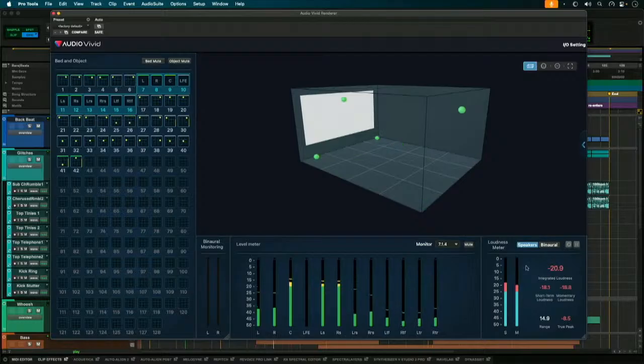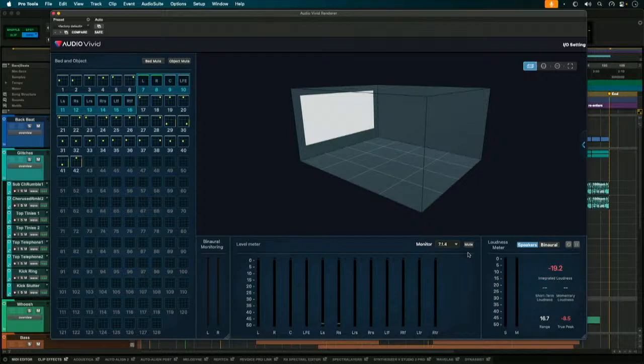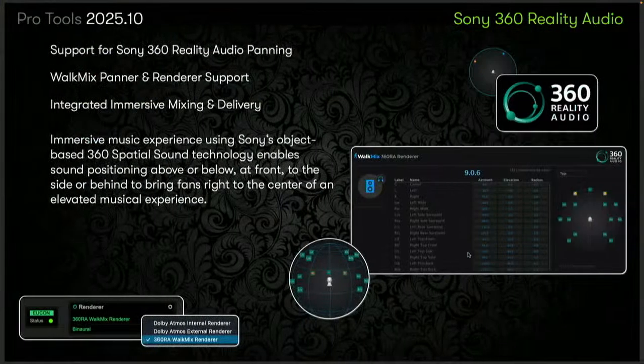So it's got built-in loudness metering, which we don't quite have right now with the internal Dolby renderer. They have it in the external renderer, right, and hopefully we'll get it in the internal renderer at some point, once Dolby opens up that part of their library source code so that we can add that in. Right. But obviously with the Audio Vivid,